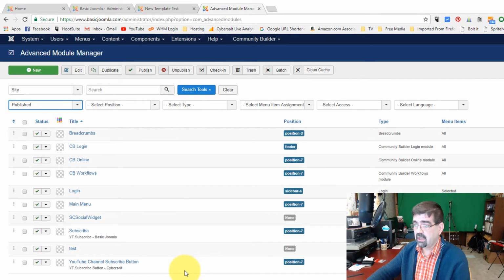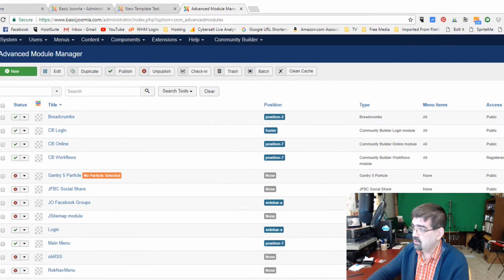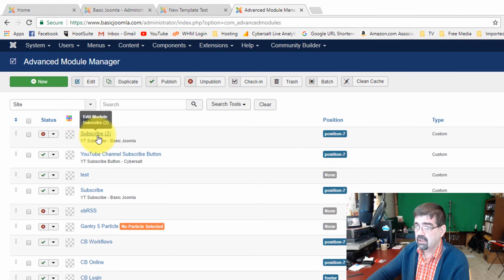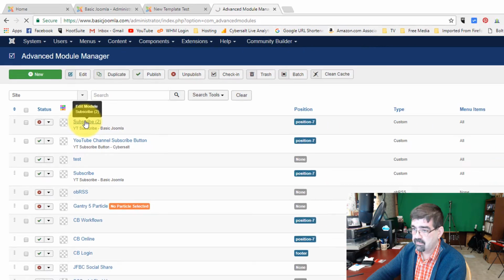And I don't see it, but I realize why I don't see it, because I'm only showing what is published here. So let's clear the filter here, and then we will sort by the ID in this column here. Here's the module that we just made a copy of, subscribe to. Because this is unpublished, which is great because otherwise it would be showing up on the live site, I'm going to go in,